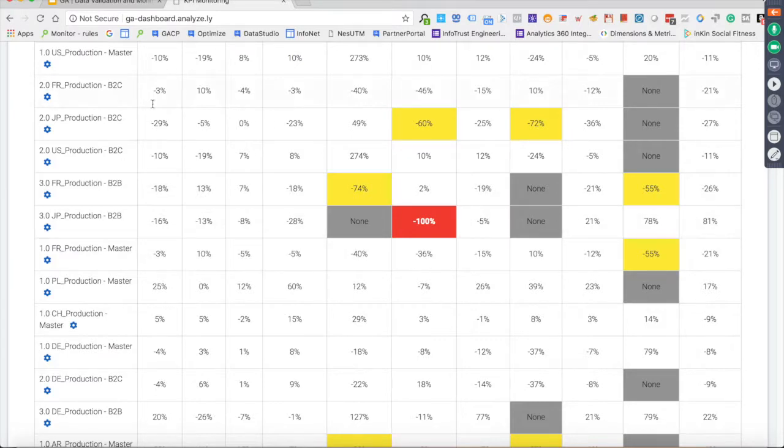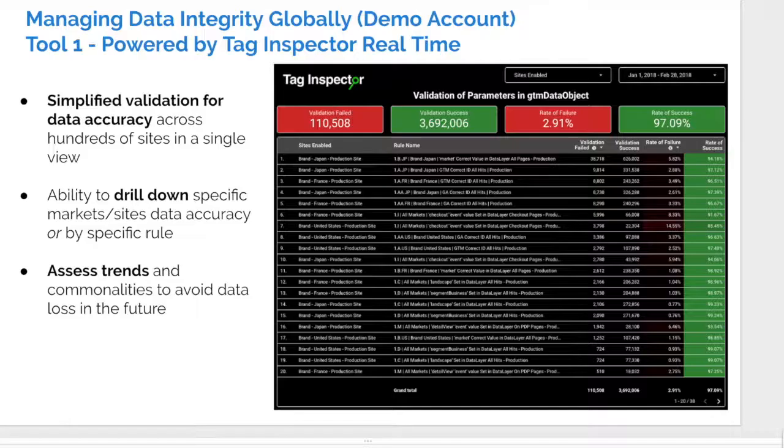This is more on the GA side of this platform, where Tag Inspector in this visualization is more source code changes, and really gives us that confidence that if we see something failing, we can immediately jump to see what happened. Is it in the data layer? Is it via the tag management system or the tracking itself? Or is it in the platform, Google Analytics in this case, directly? So data validation, ongoing monitoring, these are our solutions and tools to really give that confidence that everything after you deploy it will maintain that integrity and continue to track exactly how you need it so that you can be successful in your online campaigns.